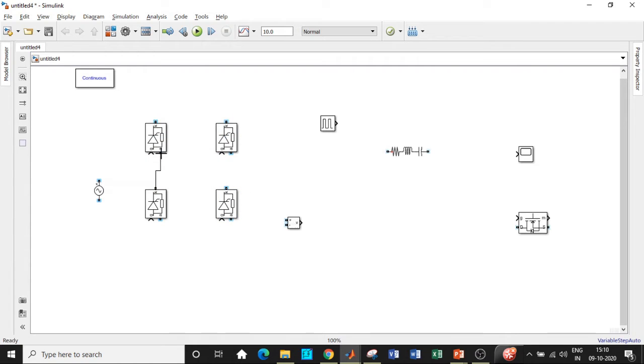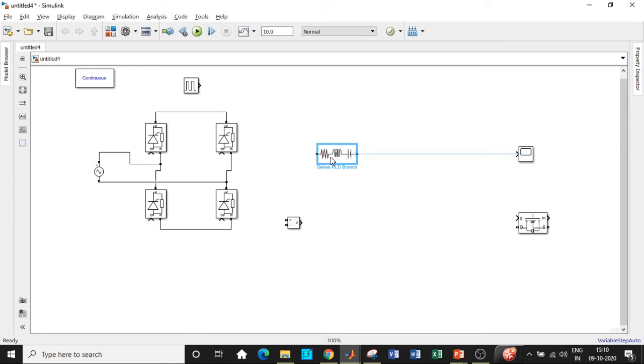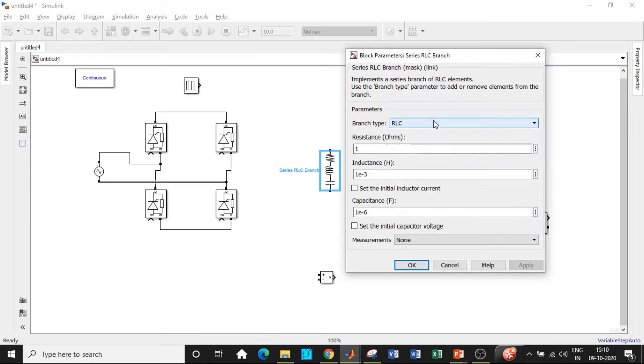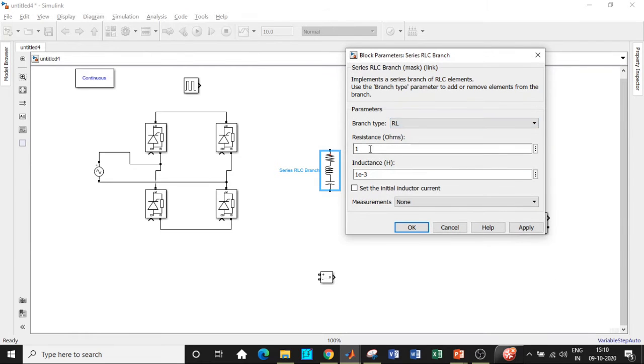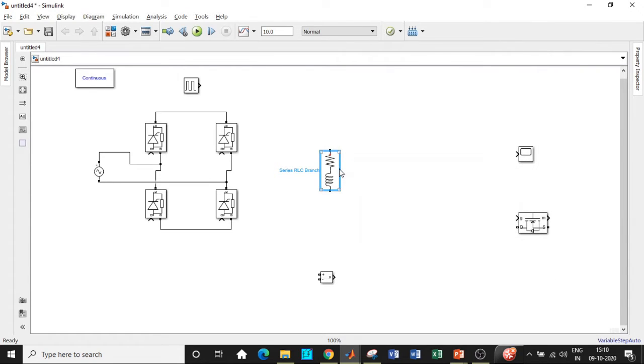Once that is done, let us construct the circuit with respect to the rectifier first, and later on we'll be connecting a load for the rectifier section. So the AC source is to be connected between these 2 points in this particular fashion. Once that is also done, we can try it for different loads. I'll be using an RL load, so the value is chosen to be equal to the default.